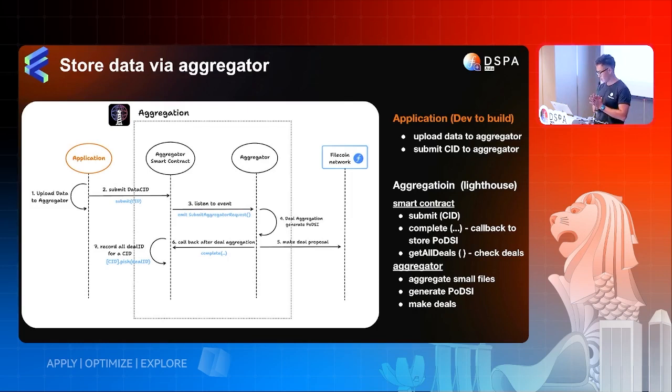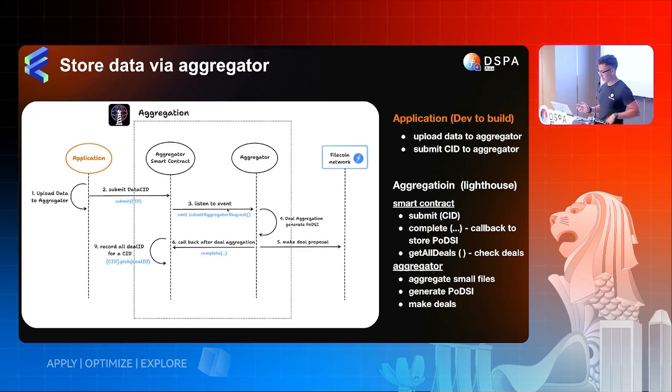Let me look at time. Okay, I will go a little bit briefly on how the aggregation works through a smart contract. So this is the basic flow, and we'll assume that the aggregation provider will provide a smart contract, and the smart contract will be a little bit similar to the client contract. It will accept the data request coming from the application, which is the clients. And once they get that, the smart contract will emit the event, and then the event will be picked up by the aggregator